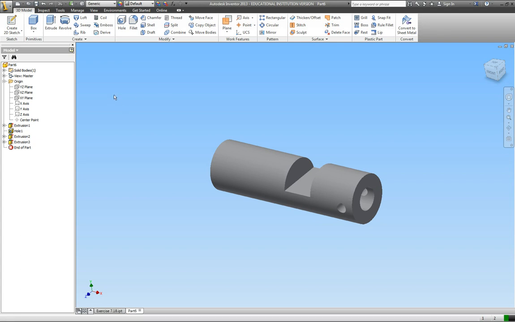So just temporarily, I'm going to turn on the XZ axis that runs through the object. I'm going to turn on the visibility. I'm going to right click on it and select visibility. Alright, and now I want to create a work plane that is offset from this plane. So I'm going to use the down arrow under plane,